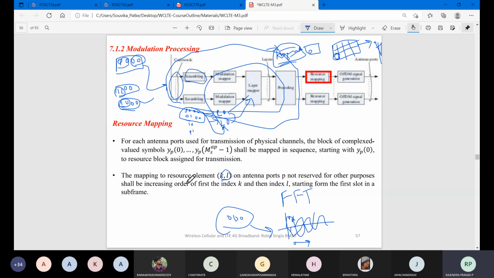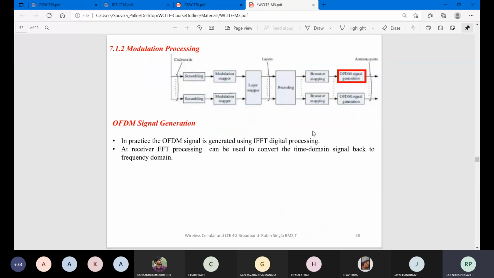The mapping to resource elements (k,l) on antenna port p not reserved for other purposes shall be in increasing order of the index k and then the index l, starting from the first slot in the subframe. So whatever slot is there, allocate that value, take that value back to the pre-coding value, generate the radiation pattern, and give that to an OFDM signal. That is what this slide is trying to explain.